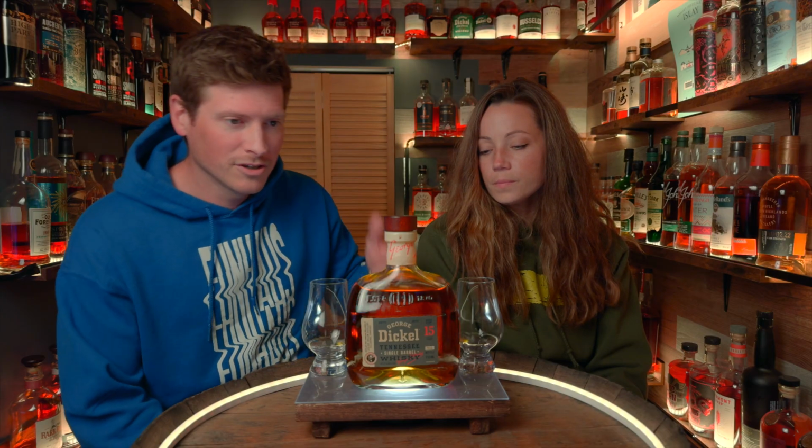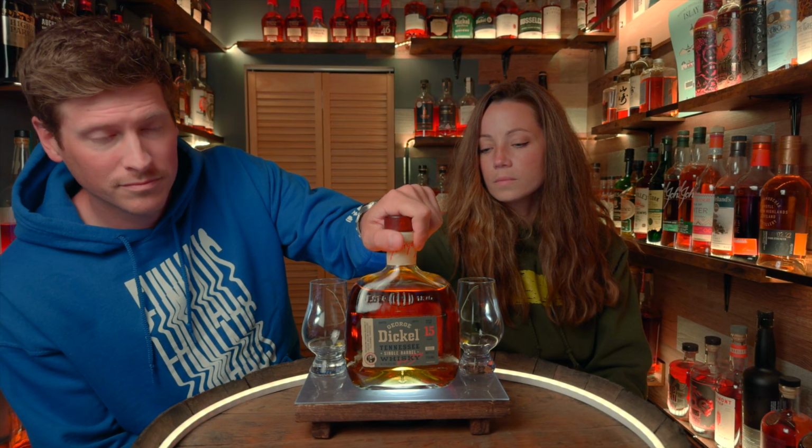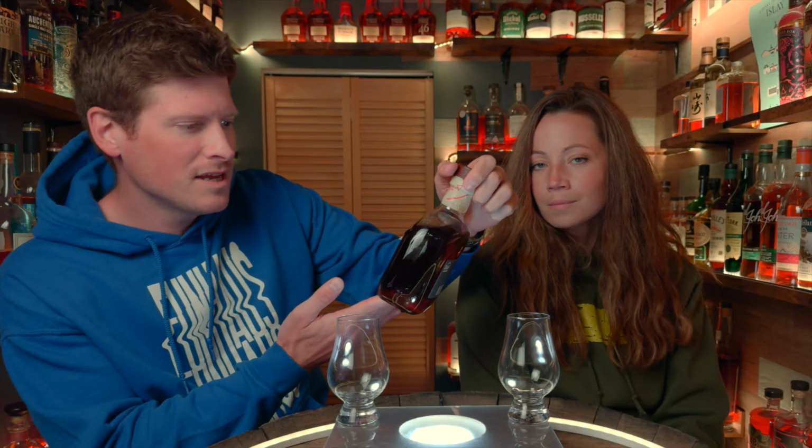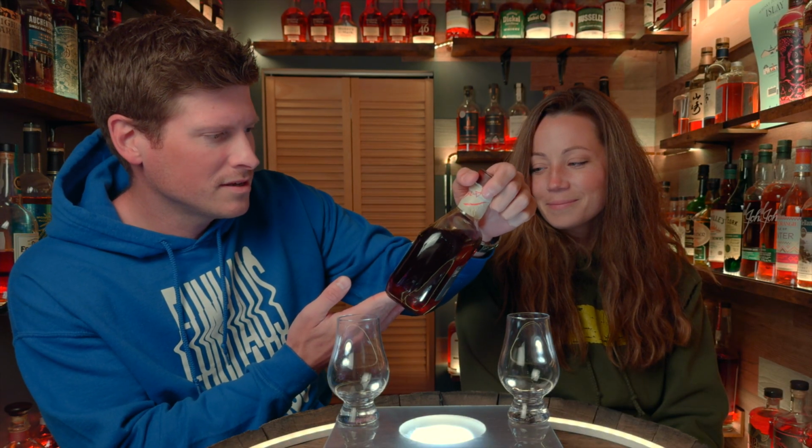This is a single barrel product, so they might vary from time to time, barrel to barrel. 15 years. This is bottle number